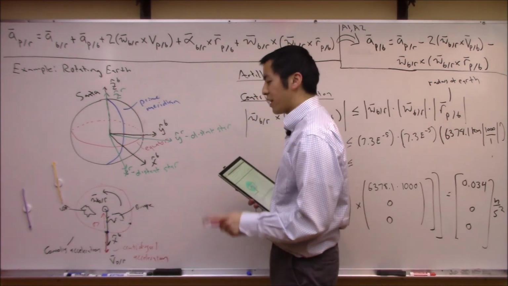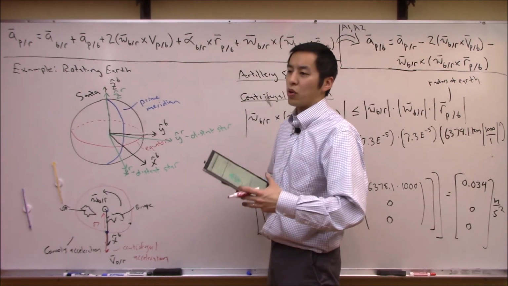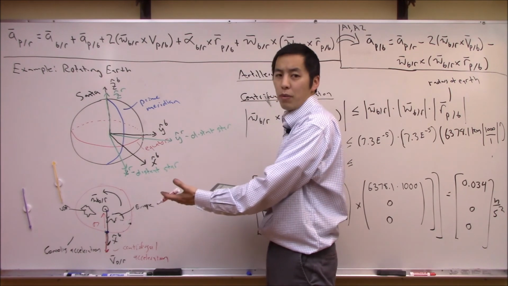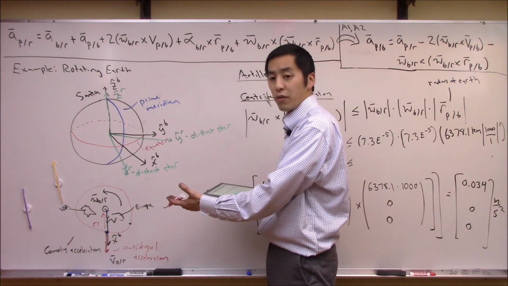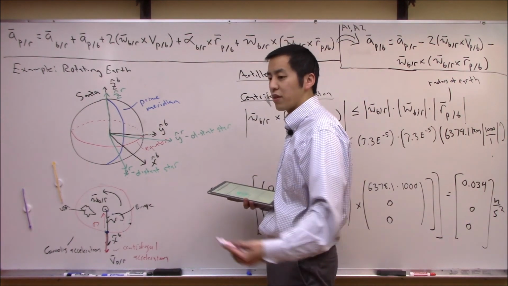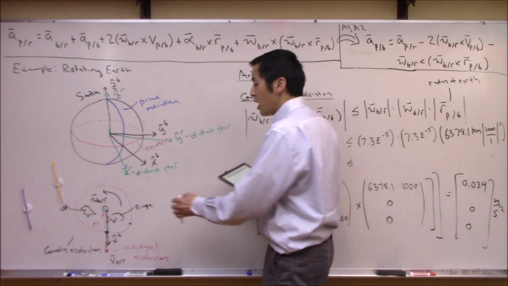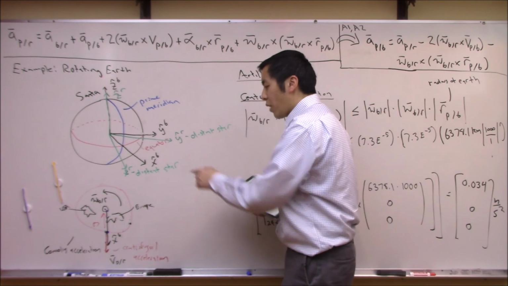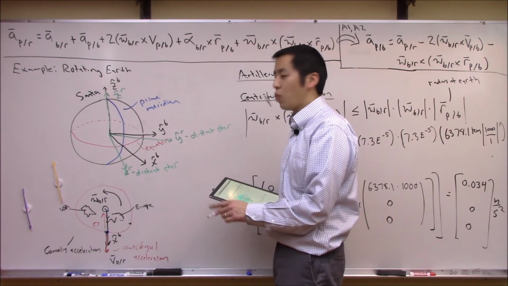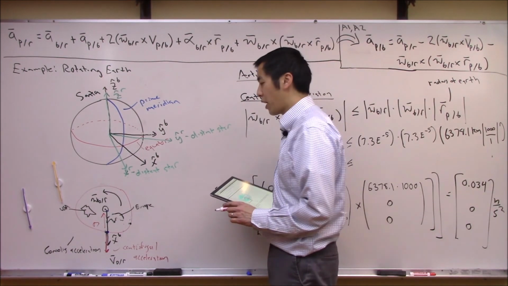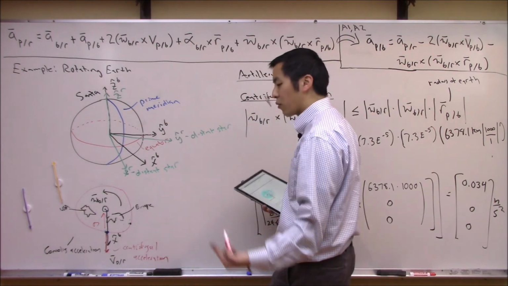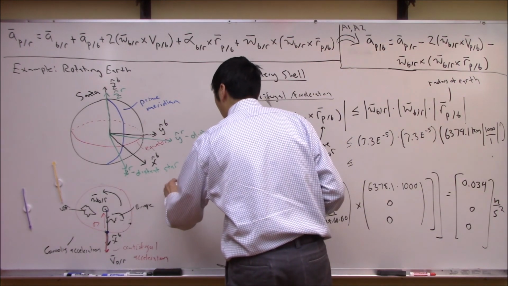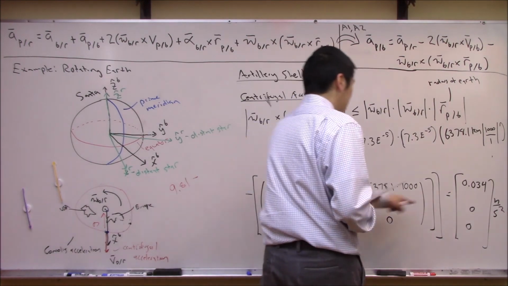So what's interesting in this case is centrifugal acceleration sort of opposes gravity, which, if you think about this from a merry-go-round perspective, kind of makes sense. Centrifugal acceleration is sort of this center-seeking acceleration. So as long as you're sitting here on the radius, you actually weigh less. You weigh less on the equator, because the total acceleration downward toward the core of the Earth is going to be 9.81 meters per second squared minus this